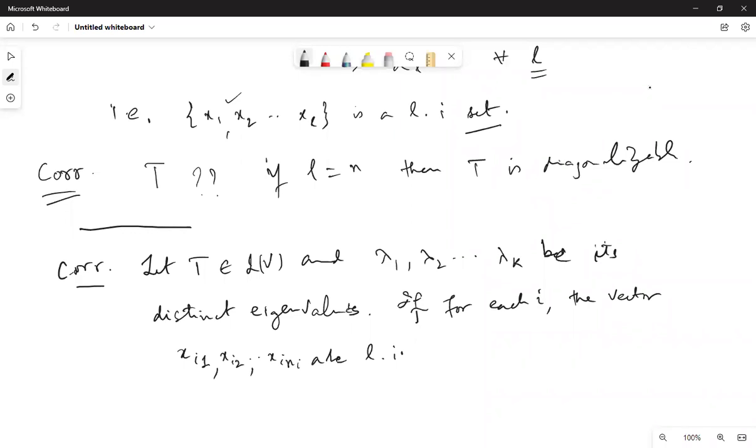Now see, these are the vectors corresponding to the eigenvalue lambda i, linearly independent. Then